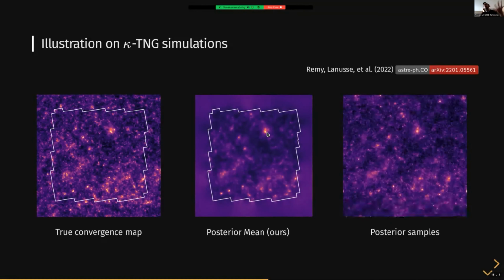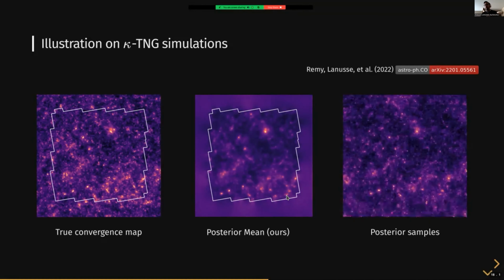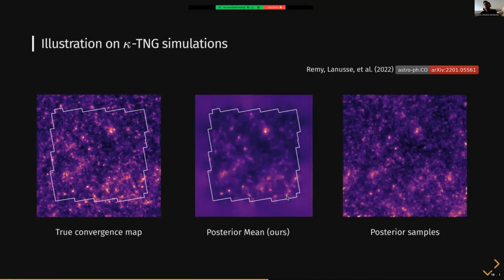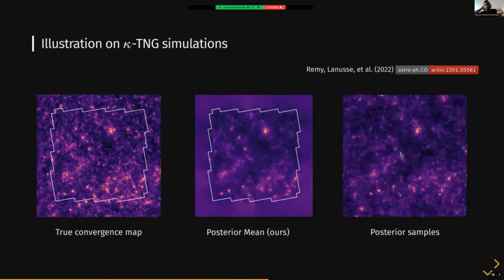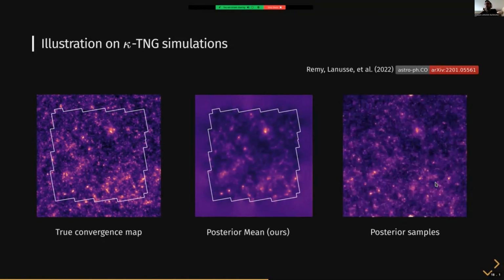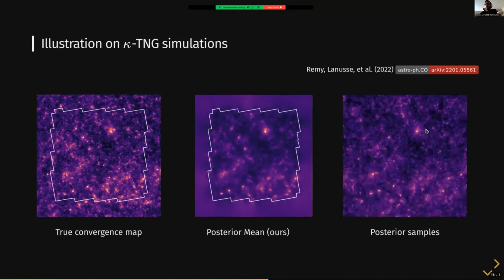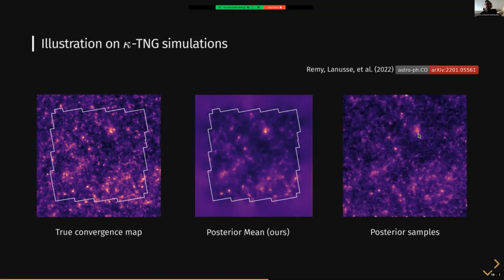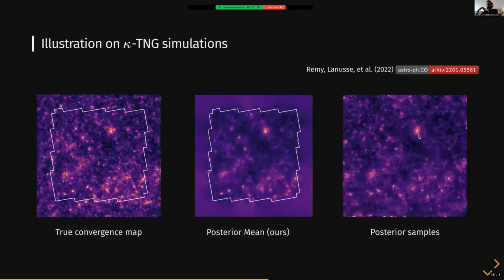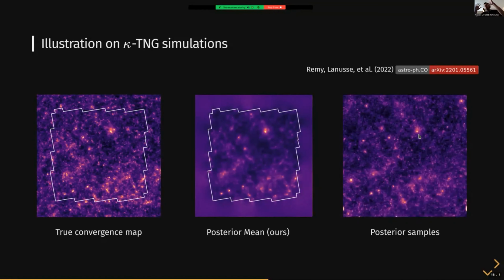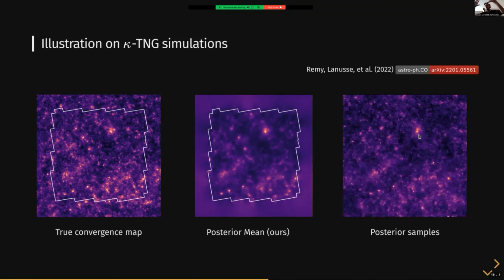I get a full distribution of all possible reconstructions of this field. That's extremely powerful. And this is what you see here on the right. So you see that this is moving a lot because each image on the right is one possible reconstruction. And there are regions in this image where all solutions kind of always look the same. So for instance, this big blob here, and that is an indication that the data is very constraining in this particular region of the space and really wants to put a big clump of matter there.